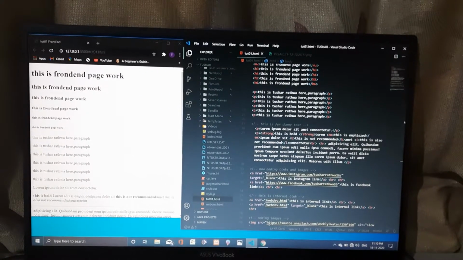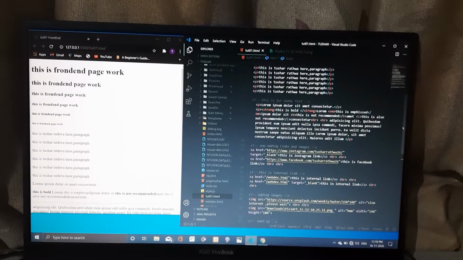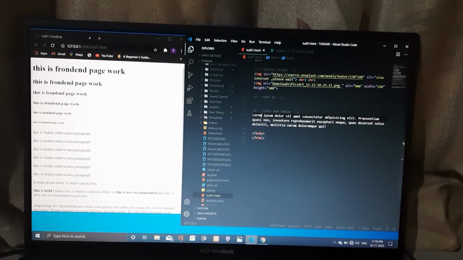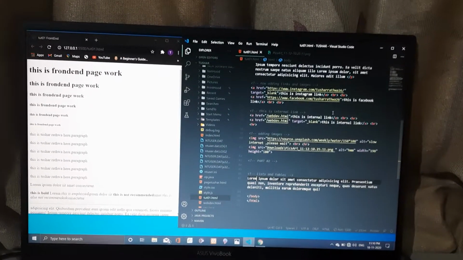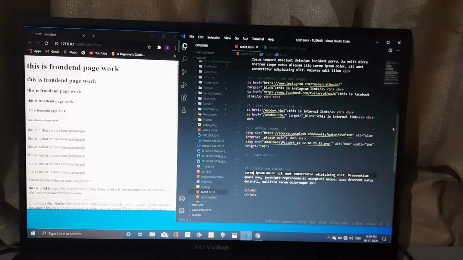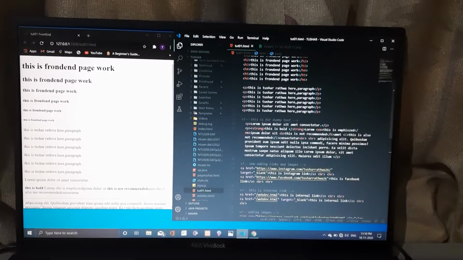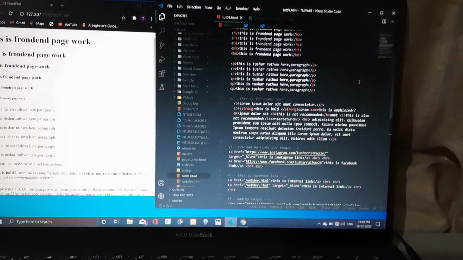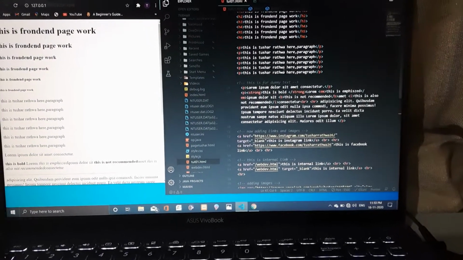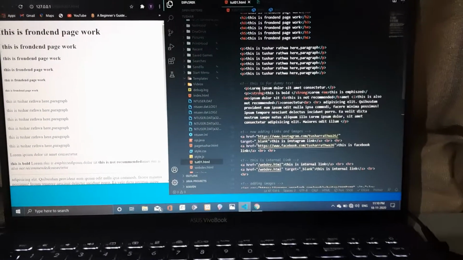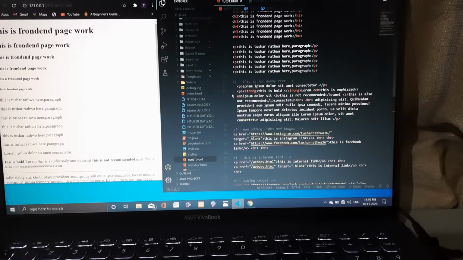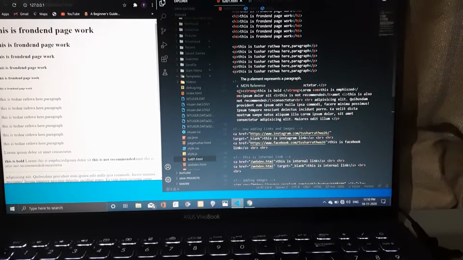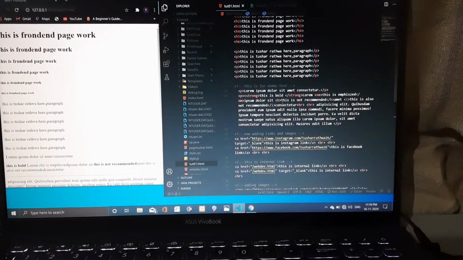So on further, what I have learned is lorem. By lorem, you can produce dummy text. So instead of writing just random characters, you can have some characters with you. That's how the lorem thing works, because you write lorem and the number of words that you want. So that's how it gets created over there.